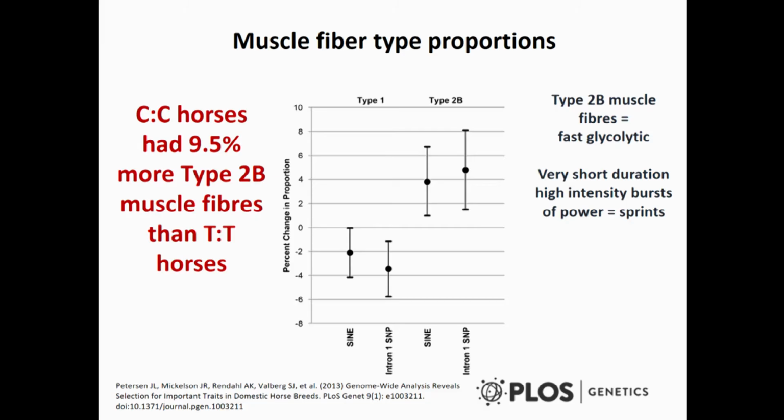The reason for that is that not only is it responsible for muscle hypertrophy, but studies have shown that it's responsible in the thoroughbred for the laying down of the different fiber types. The CC horses, the sprint type horses, have a significantly higher proportion of type 2B muscle fibers, and these are the fast glycolytic muscle fibers that are required for high intensity